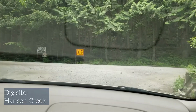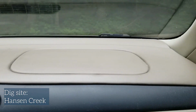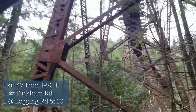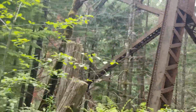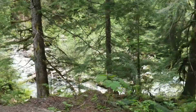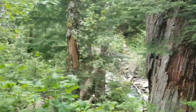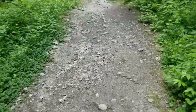Our dig site is located in the Mount Baker Snoqualmie National Forest and open to the public. The roads out to the site include logging roads which are not always strictly maintained, so use caution when driving. The hike from parking to the site is approximately 1.1 miles at a small, modest incline. The site is on a hill, and the higher you climb, the better luck you will have finding an undisturbed